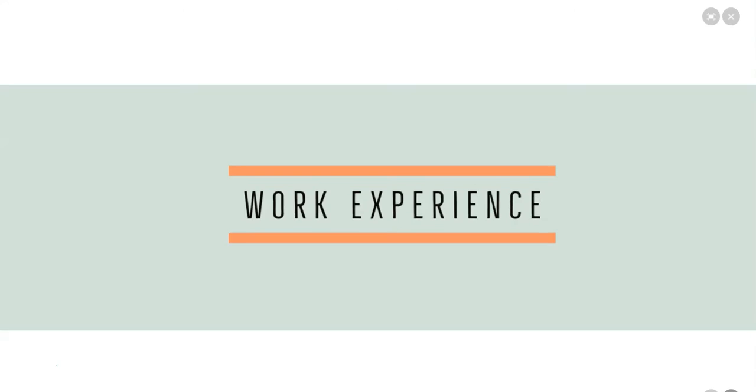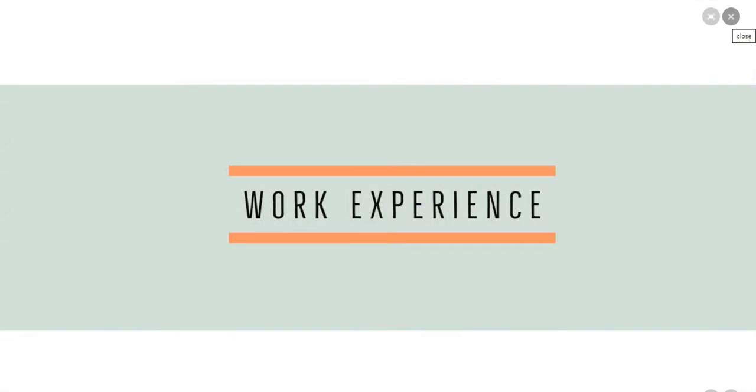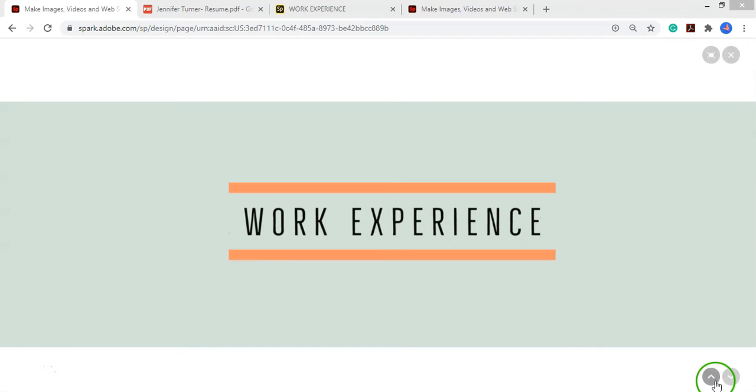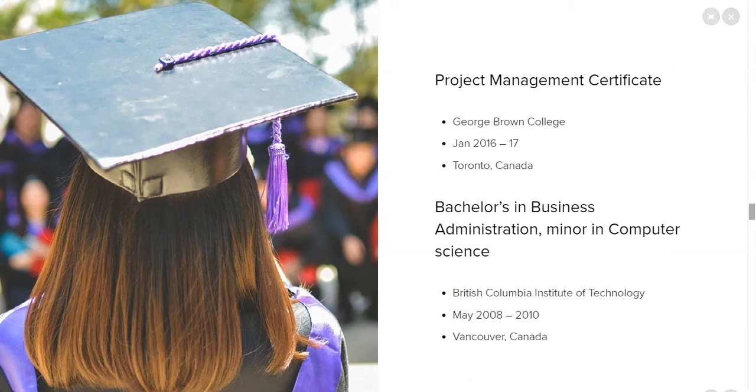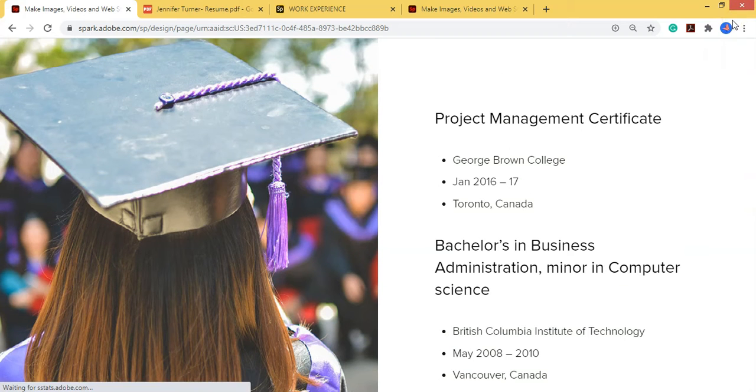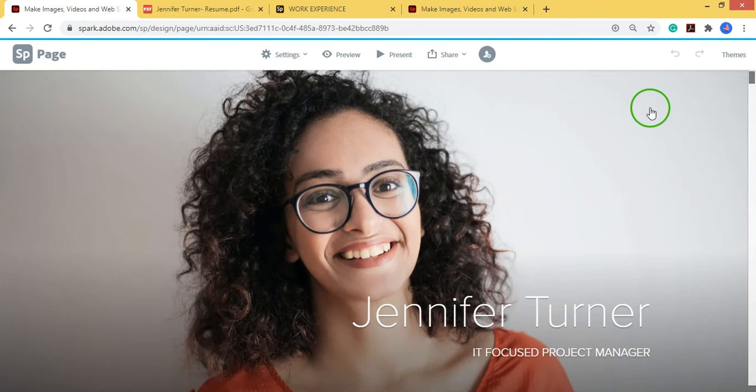At the top right corner, you have the option to view it in full screen and an X button to return back. At the bottom, you will find arrows to navigate up and down your page. So this is the right time when you can return back by clicking on the X button to change or edit anything that looks unsatisfactory.